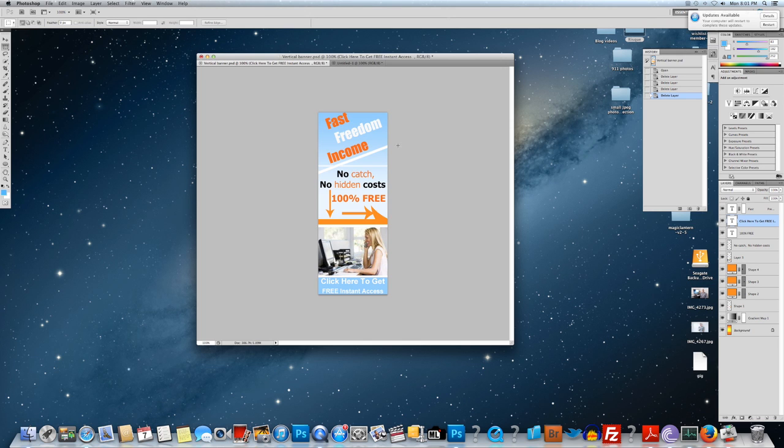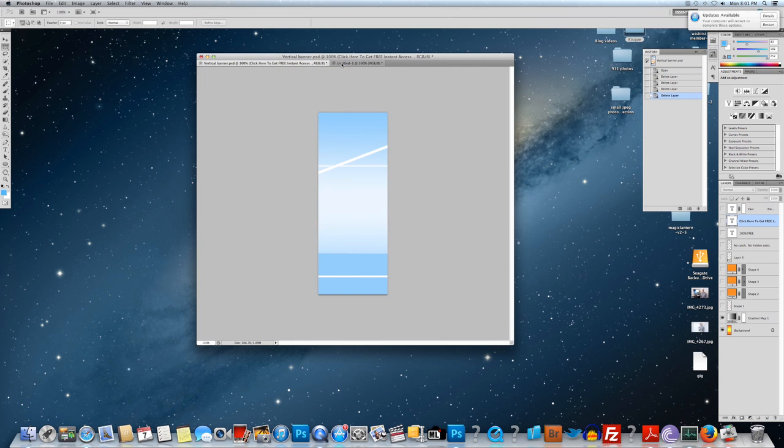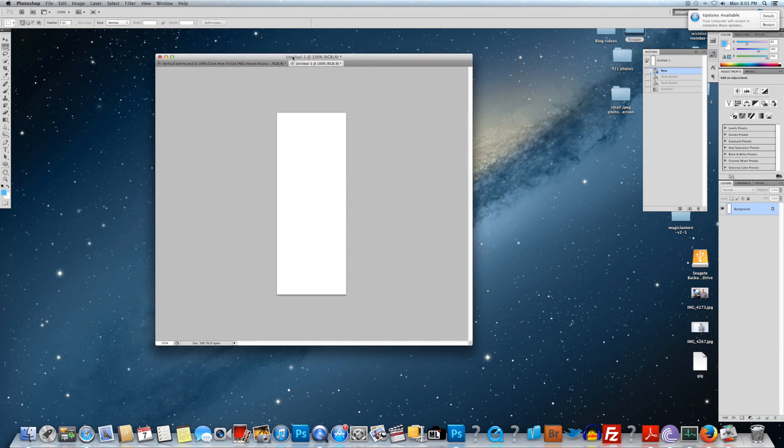So if I just draw down all of these layers that I have put on this banner, you can see that this is the raw material that we work with, and I'll show you how to do that in a separate tab. So to open a new tab, you just go